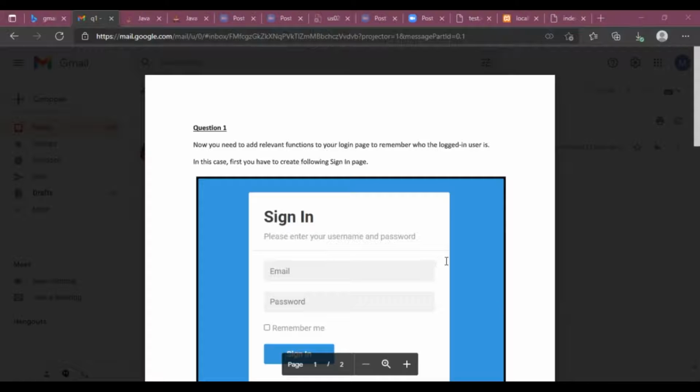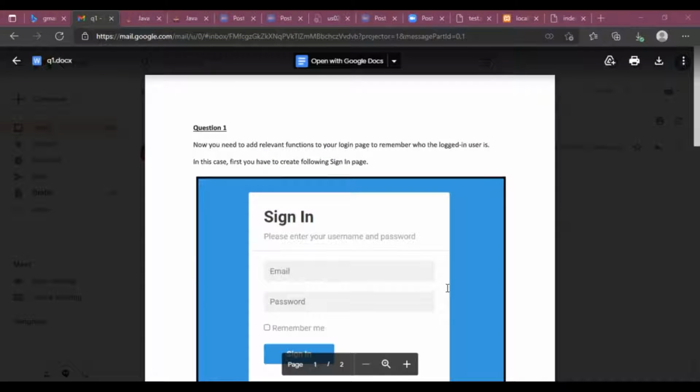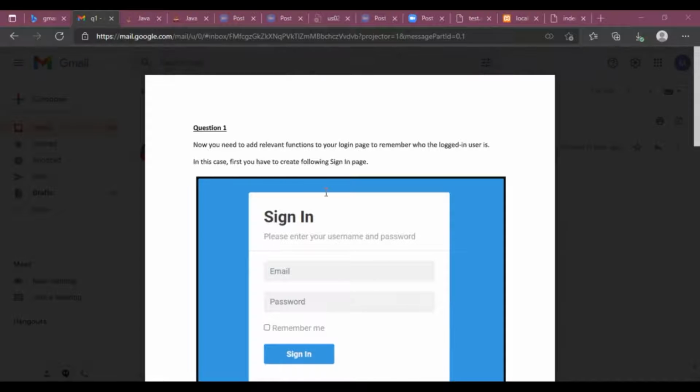Hey, hi, this is day 5's question 1. Let's read the description here. Now you need to add relevant functions to your login page to remember who the logged in user is. In this case, first you had to create a